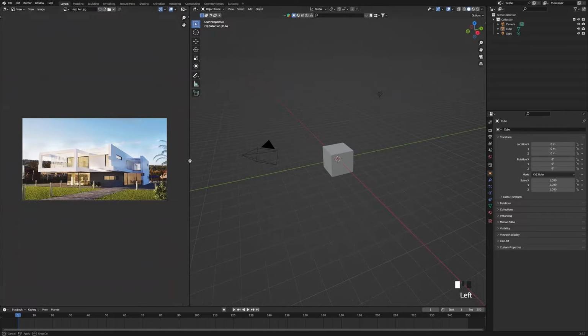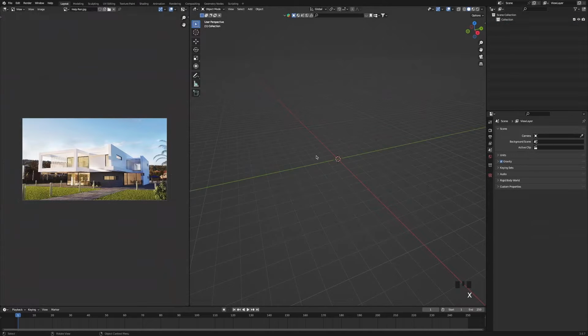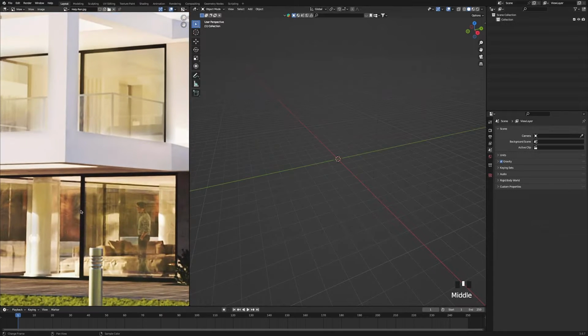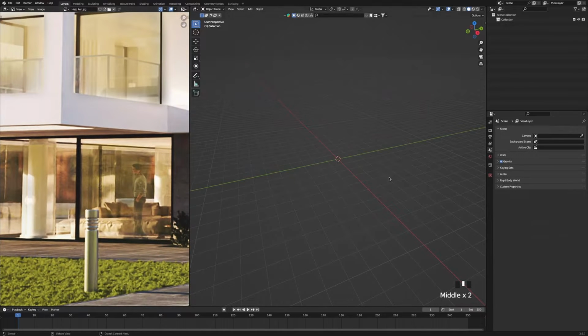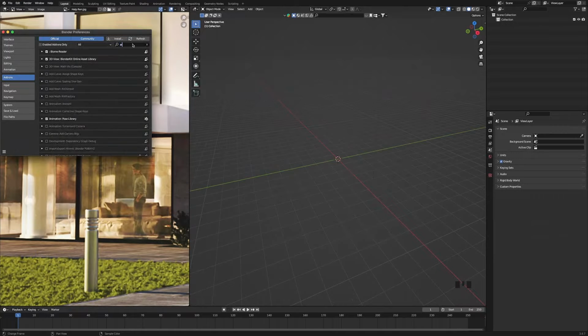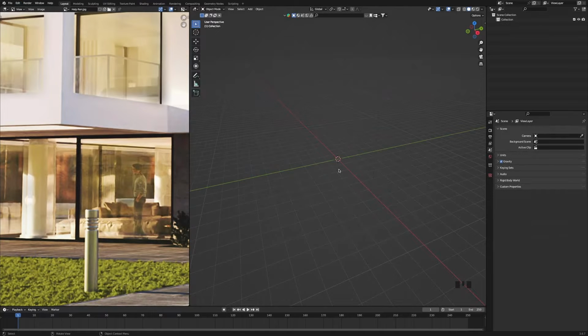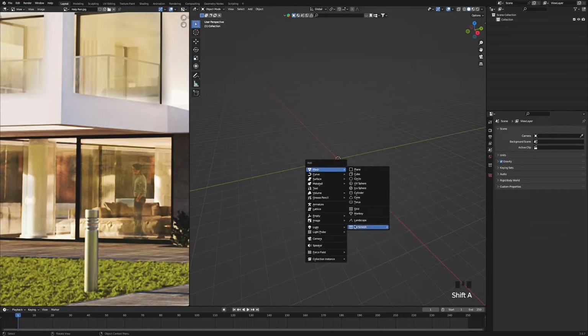might make that a bit bigger, and then we're going to select everything in the scene and press X and delete, and we're going to start by making this full height window here. But instead of making it from scratch, we're actually going to go up here to edit, go down here to preferences, and type in Archimesh, and click the box to turn it on, and then get rid of it. And then if we press Shift A, we now have something new appear called Archimesh, and it gives us a whole line of different stuff to use.